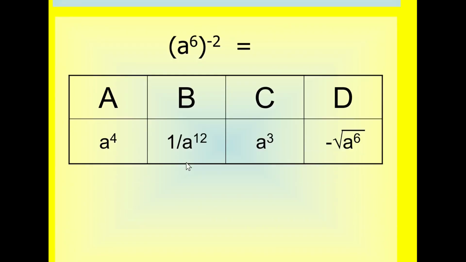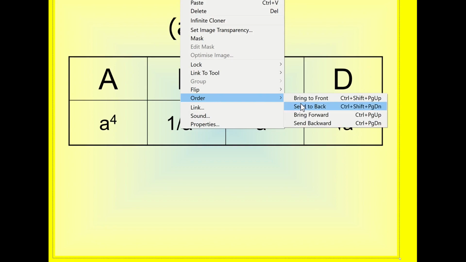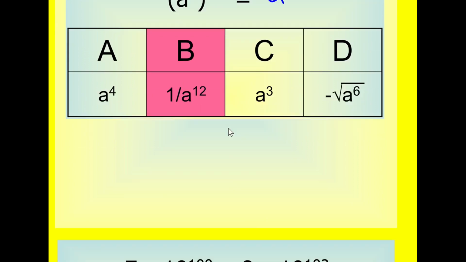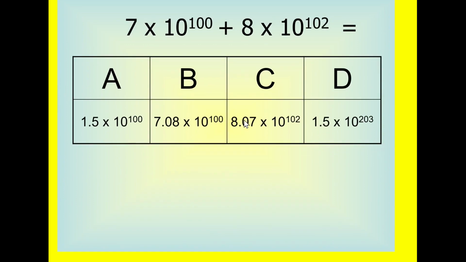Next one. The answer is B. We multiply the powers out to give A to the power of minus 12, and that means 1 over A to the 12. Standard form